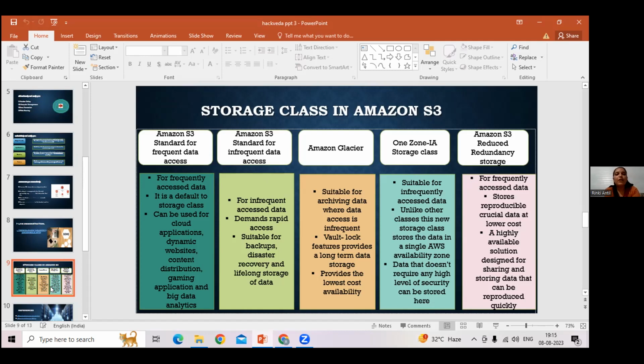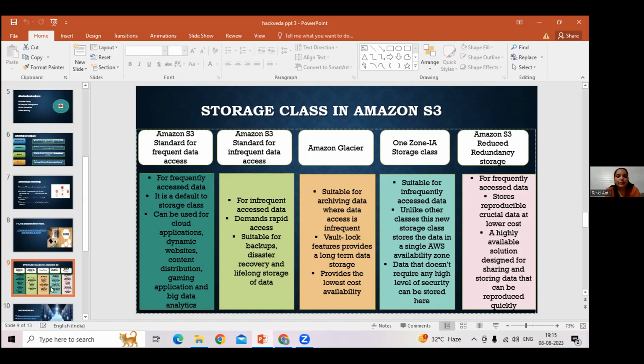So first we learn about Amazon S3 Standard for frequent data access. It is suitable for a use case where the latency should be low. For example, frequently accessed data would be the data of students' attendance, which should be retrieved quickly. So next is Amazon S3 Standard for infrequent data access. It can be used where the data is long-lived and less frequently accessed. For example, students' academic records will not be needed daily, but if there is any requirement, their details should